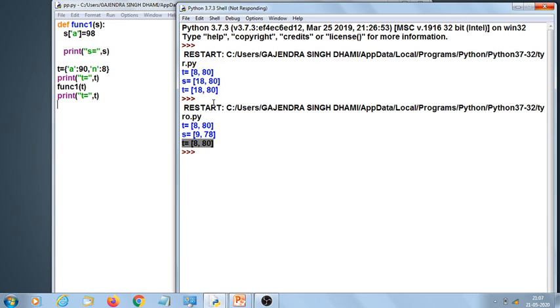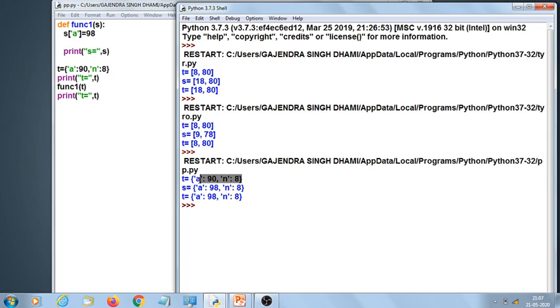So you can see that. Clear? So original values, this is the original starting value, function call, and the last. So the change has been done in the local environment, but it also reflects back to the global environment. Why? Because S and T have the same address, same memory address. So whatever value is there in that memory address will be seen by both T and S. Clear?